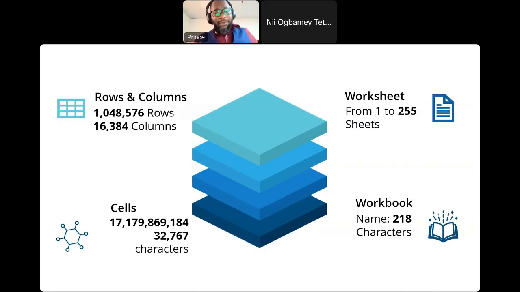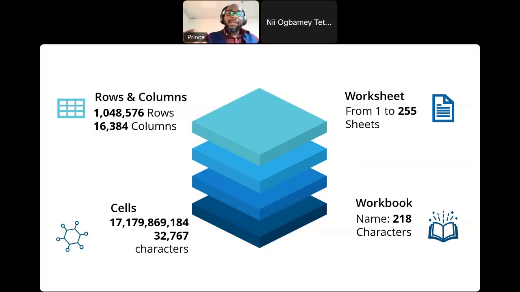It's one of the best software you can get. That's how many cells you get in one Excel sheet. Now, when you open Excel, these boxes that you see, you get them in sheets. So normally when you open, you see Sheet1, Sheet2, Sheet3 down there, depending on the version of Excel that you are using.